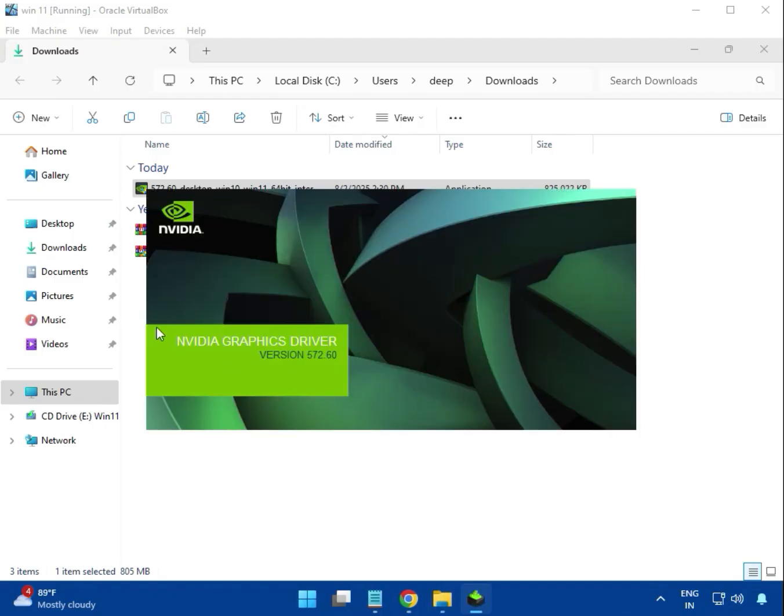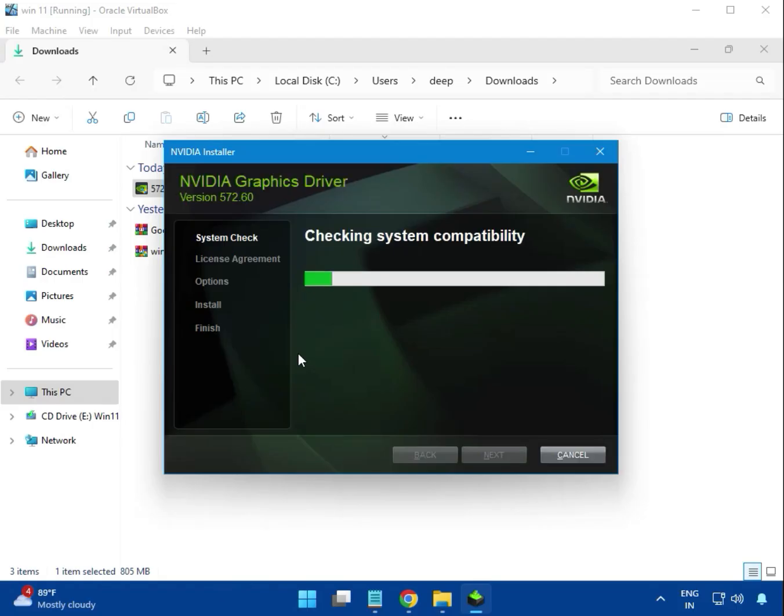After that you can see, okay, now it is checking the connectivity, and then next to install, next, and then restart